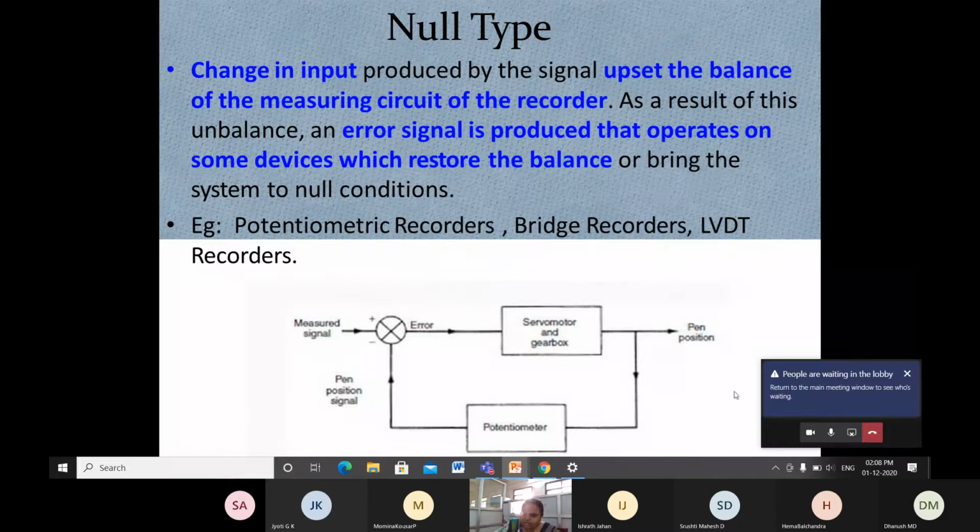Here a sheet will be connected, as we already went through in the galvanometer type. The same thing, it goes on recording the changes based on the input you provide. Along with that, a feedback is taken, connected to the potentiometer, and given to a summing point. Based on the feedback and the input you provide, a small error occurs. That error is taken for recording purposes. That's the small block diagram.